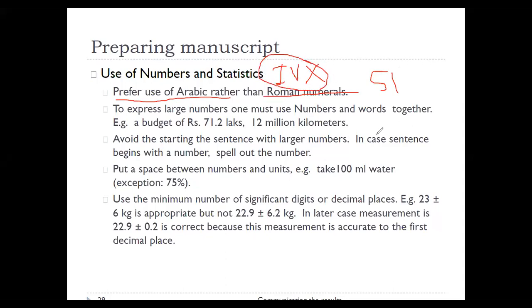So up to only 40 you can write numbers using the I, V and X. Beyond 40 we cannot write these numbers. Again, reading these Roman numbers is relatively difficult. So usually these numbers should be avoided in most of the cases, and use the Arabic numbers like 1, 2, 3 and all. Those are Arabic numbers. Express large numbers,